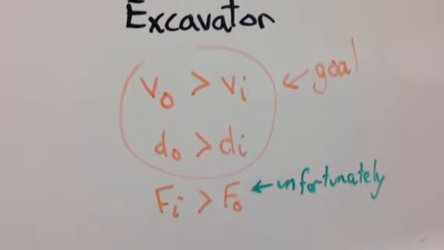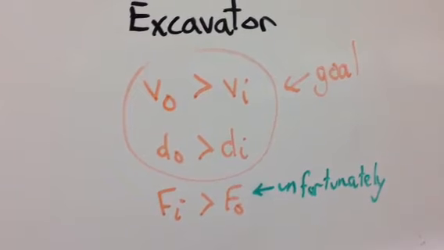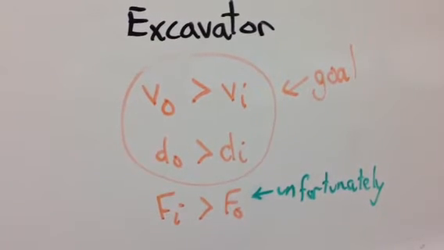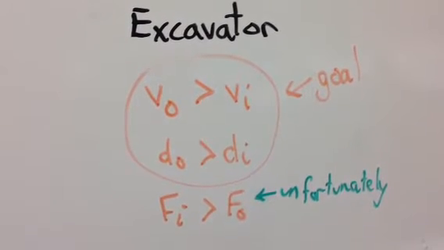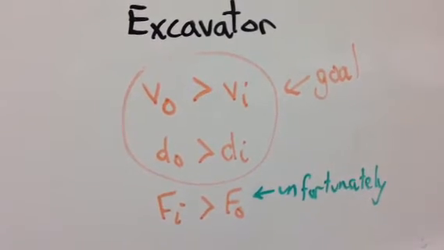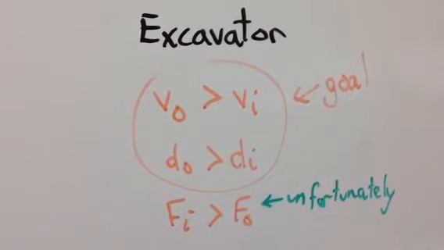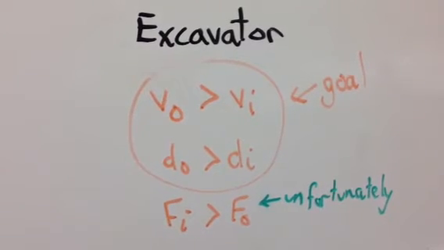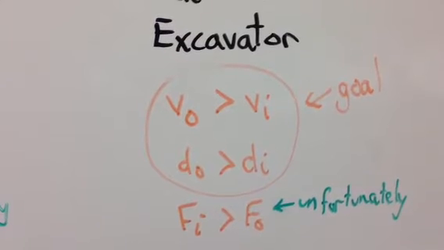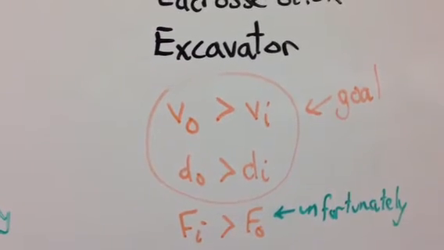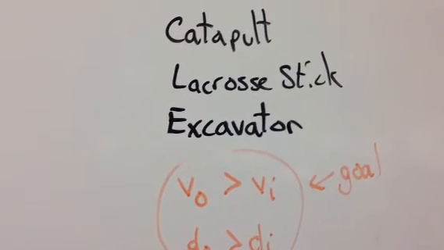The idea is that the goal is to get a large output displacement or a large output speed from a small input displacement or input speed, but unfortunately you have to apply a large input force to get a small output force. So clearly that's not the goal, but you do get a small output force over a large displacement or a larger speed. So the goal of these machines, and sometimes it seems to be a bit counterintuitive, like this excavator,